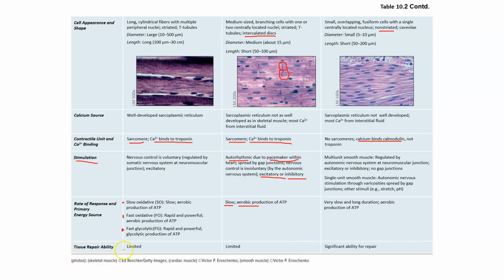This is an interesting difference here. Tissue repairability is very limited in skeletal muscle. You think, well, no, it can repair. Yes, it can repair. But if you get significant injuries to any of your skeletal muscles, the amount of return of function that you're going to get is more and more limited depending on the degree of injury. Same thing with cardiac muscle. If you close off the blood supply to some part of your heart, that part of the heart dies. Those muscle fibers, yes, they actually die, and they do not get replaced. The rest of the heart has to make up the difference. So we consider that limited tissue repairability, whereas